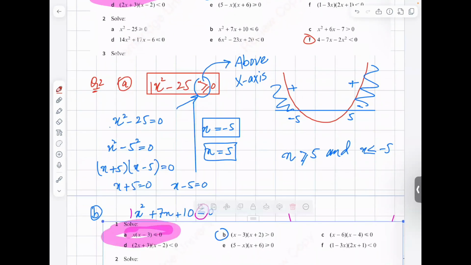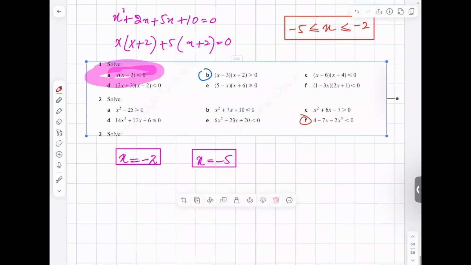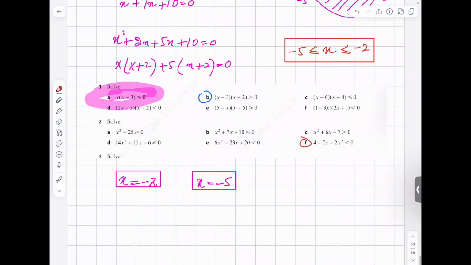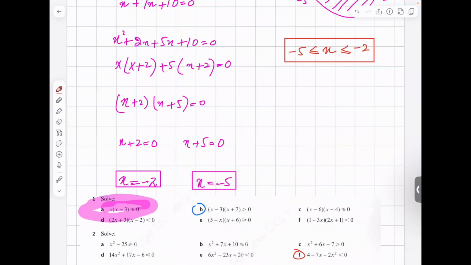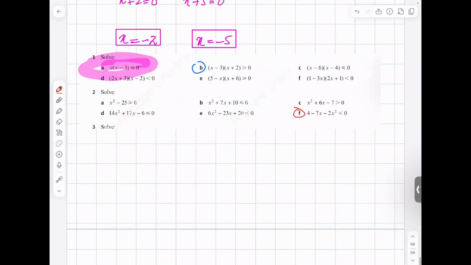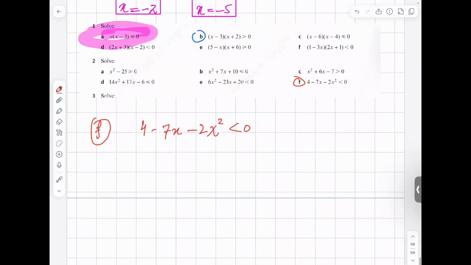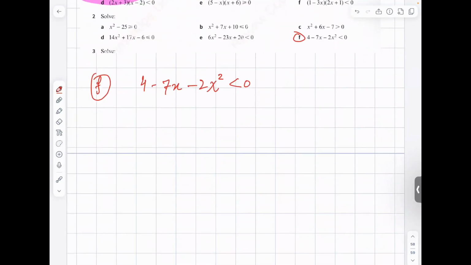Part F. Last part. Yes. G. Part F says 4 minus 7x minus 2x square is less than 0. Okay. Now in inequalities, if